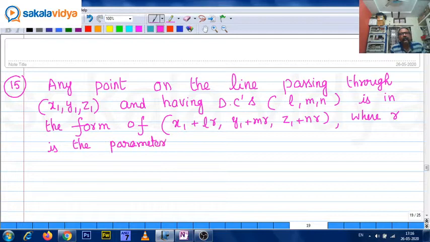That means if any one point on the line is known,